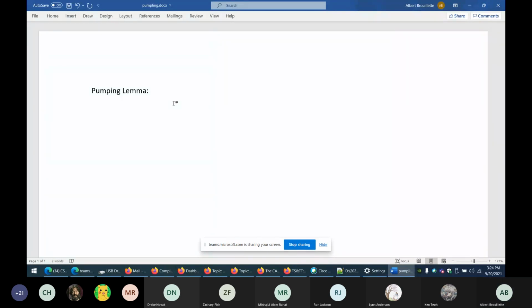So here's in simple words what the pumping lemma is expressing. Basically, here in short, I'm looking at page 78 in the book. I will post this document when we get done with it as well. So the pumping lemma says if A is a regular language,